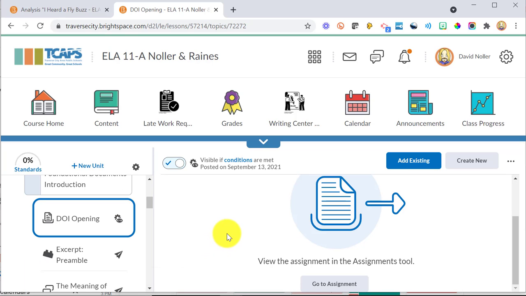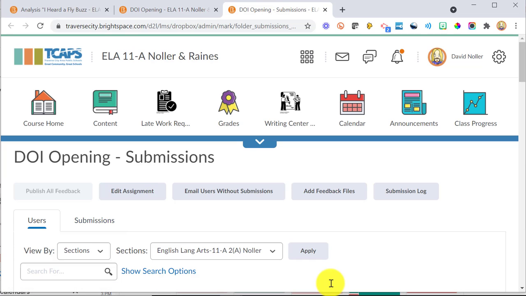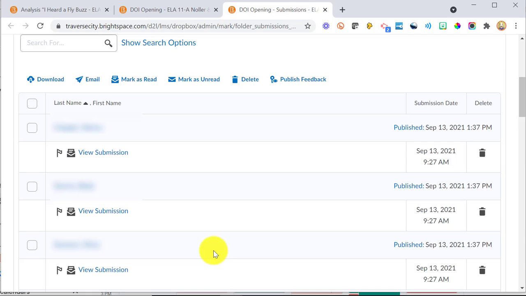To grade an assignment, there's a couple different ways you can get to the point where you're evaluating. You can, from your content page, click on Go to Assignment, and then you'll be presented with your submissions page. You can sort this by sections or by users. User will give you the list of all of your students in one big group. Sections you can sort by hour, and I do that here. And then what I have are my students from my second hour, and I've already published feedback for those,